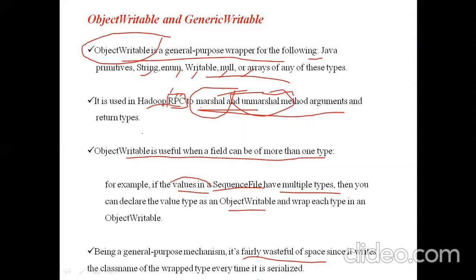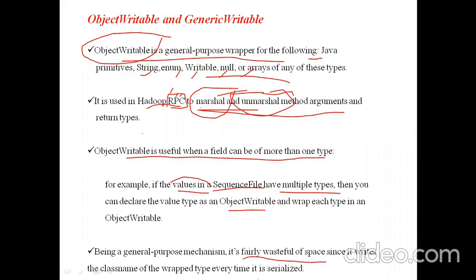Today we have seen three wrapper classes: the bytes writable, null writable, and object writable wrapper classes. We have also seen int writable, boolean writable, long writable, variable long writable, float writable, and double writable.